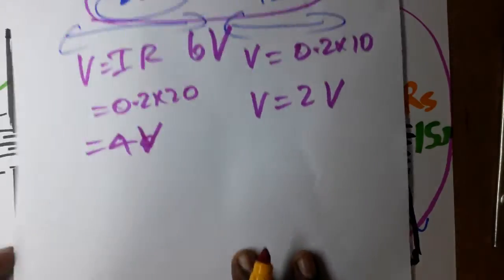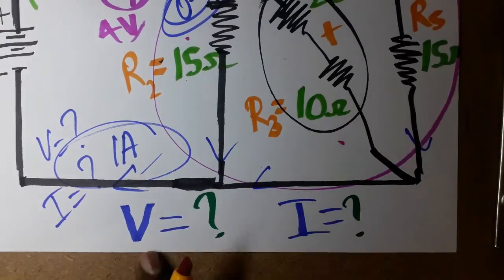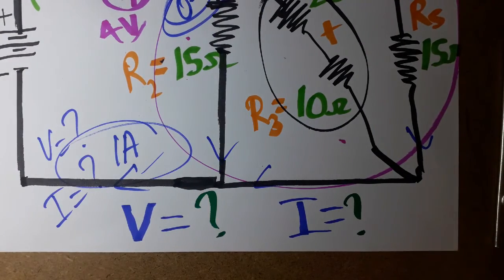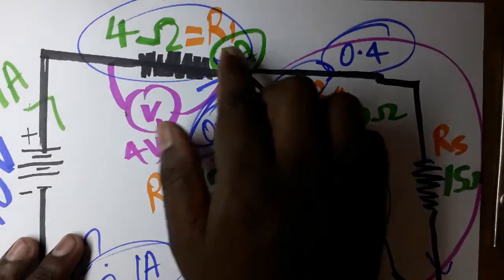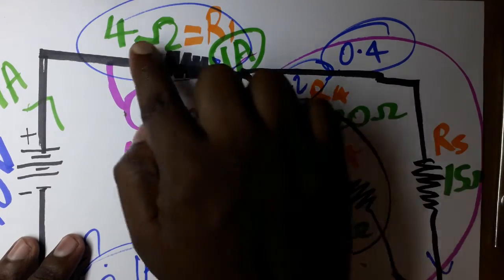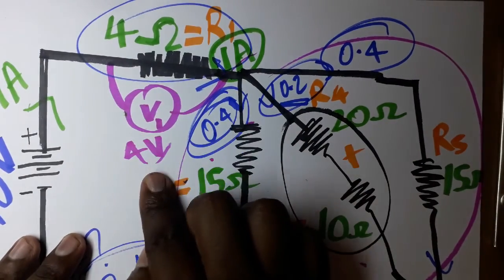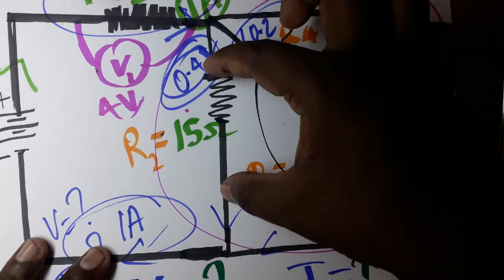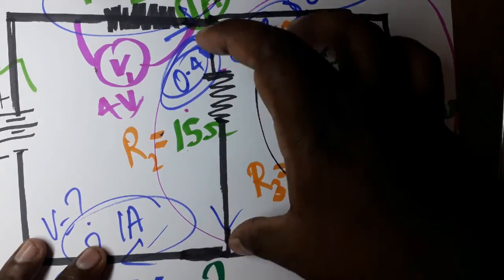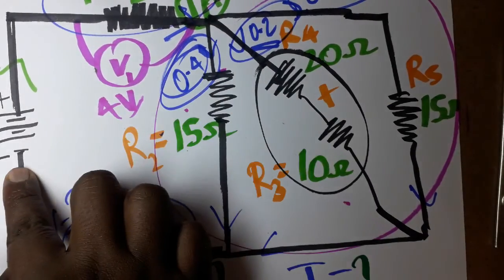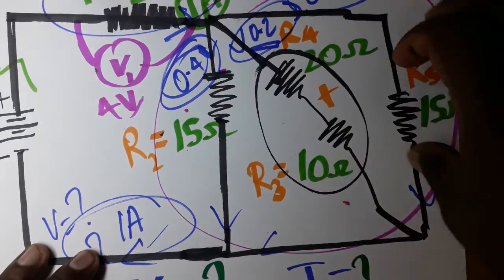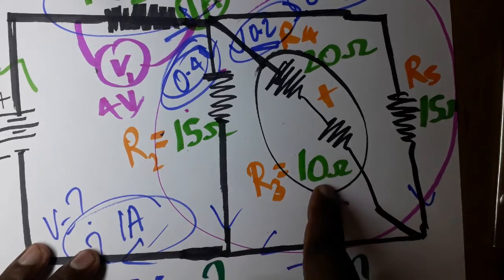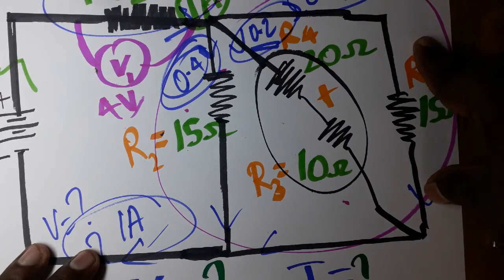Now the question they asked is, what is the current and voltage for each resistance. I'll tell you here what is the current. It's flowing 1 ampere current at 4 ohms. The voltage here is 4 volt. Here the current is 0.4. The remaining voltage, 10 minus 4, we'll get 6 volt, 6 volt, 6 volt. In parallel voltage is constant. For 15 ohms 6 volt, this 6 volt, this 6 volt.